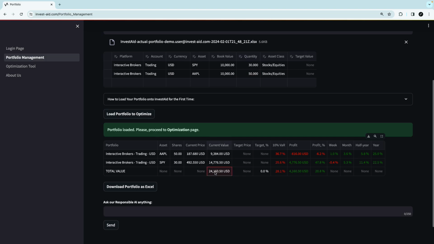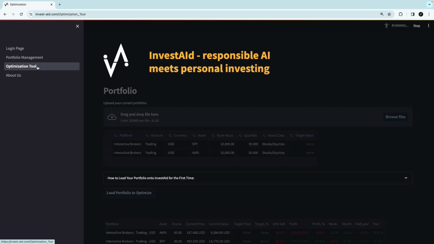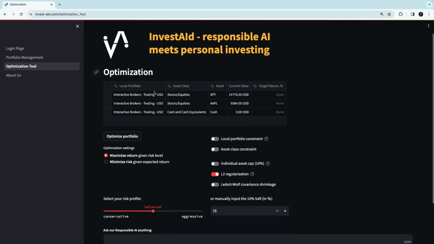And as you can see in the table below, the current value of our portfolio is around $24,000, and the 10% value at risk is 28%. So if you want to optimize this portfolio, you can proceed to the optimization tool tab, and in this tab